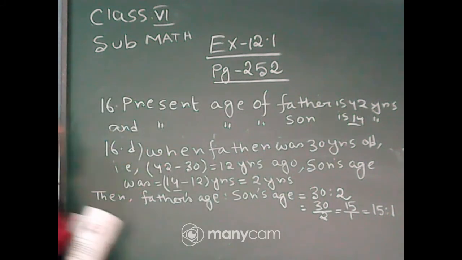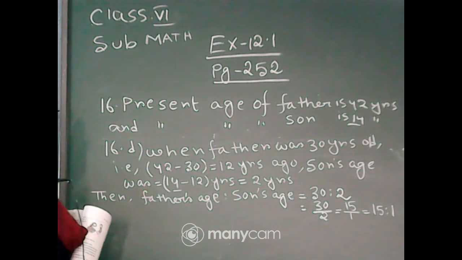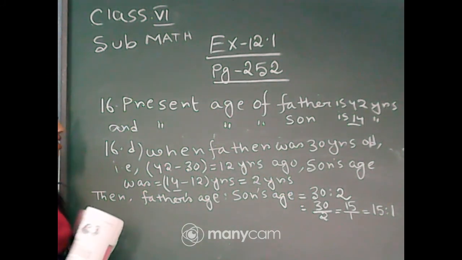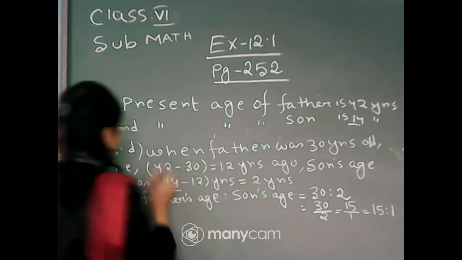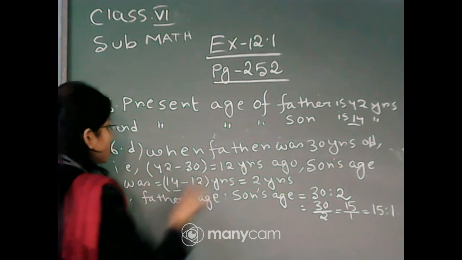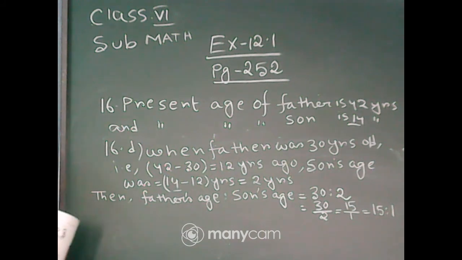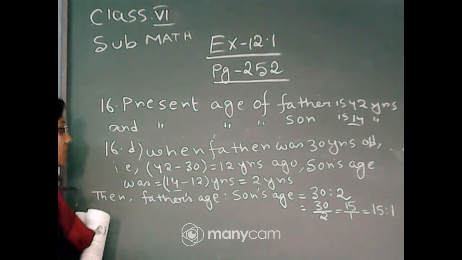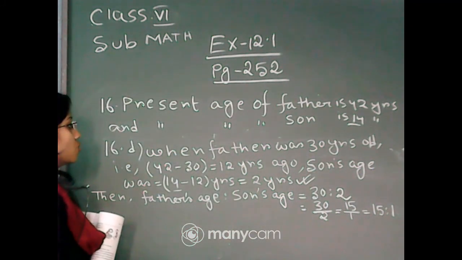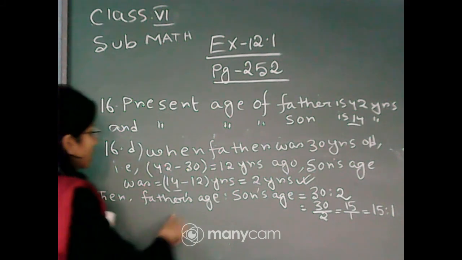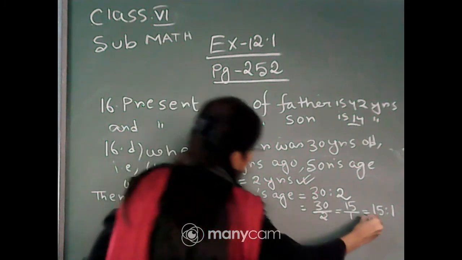Okay, again I repeat, when father was 30 years old, that is 42 minus 30, that is 12 years ago, son's age was 14 minus 12 years. Since son's present age is 14 years, so 12 years ago son's age was 14 minus 12, that is 2 years, and 12 years ago father's age is to son's age is equal to 30 is to 2 and the required ratio is equal to